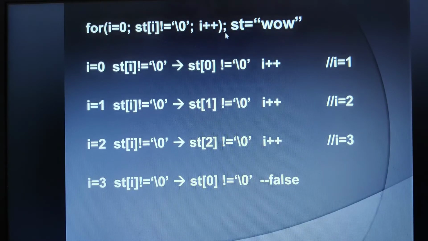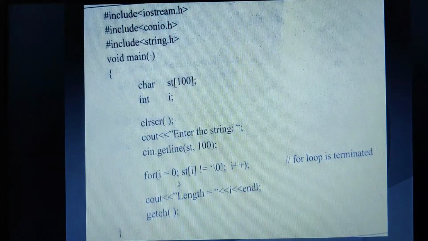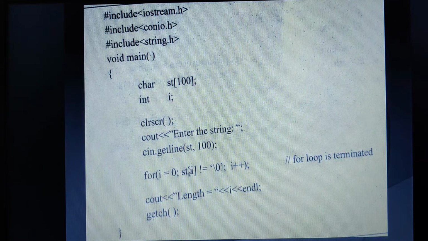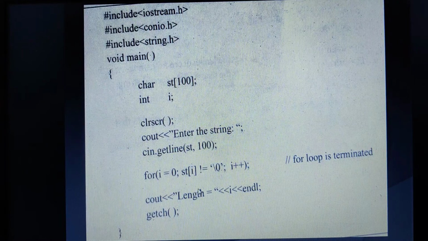Look at this for loop. It is being terminated with a semicolon here. Once it has been terminated with a semicolon, that means whatever the next statement is in the program doesn't become the true part of this for loop. Since it has been terminated here, we don't have any other statement associated with the for loop. So since the condition is true, and it doesn't have any other statement associated with it, control will go to the incrementation of the counter variable i.